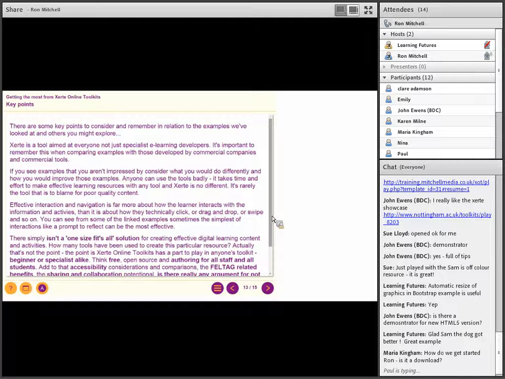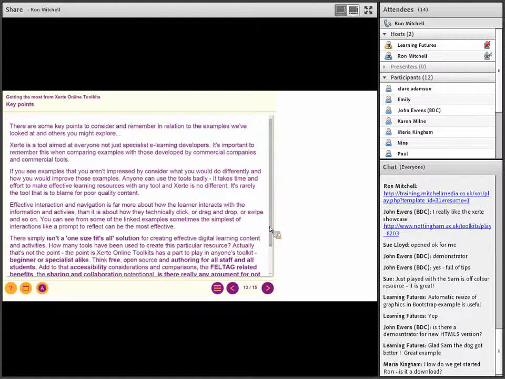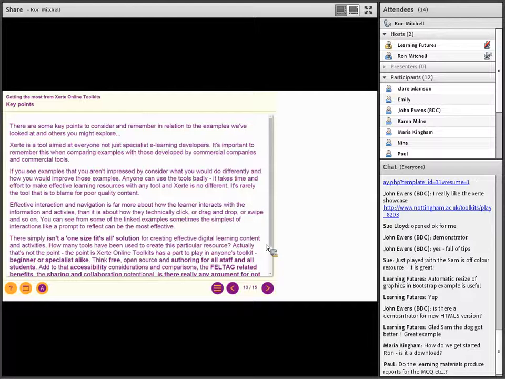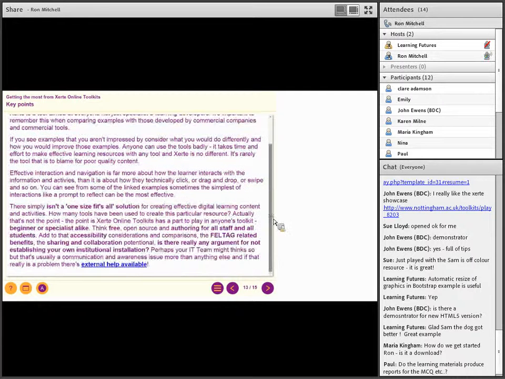That's not to say there aren't some fantastic examples, there are, but bear in mind that this is the whole point, and the key benefit is that Xerte becomes a tool for every single learner, every single member of staff. We use the analogy that if you bought something online in the last year, if you can fill in an online form, then you can use Xerte. Certainly technically that's the case. Pedagogically, obviously, there's a lot more to it, and the learning design session coming up may touch on some of that in more time than I've got here. You'll be able to read these key points in your own time as well.